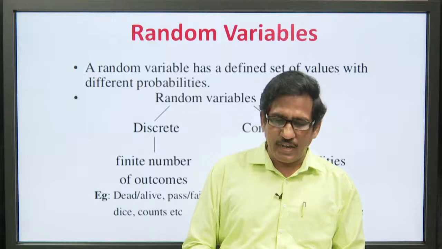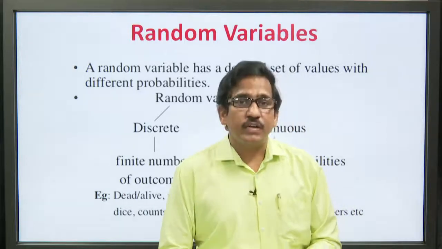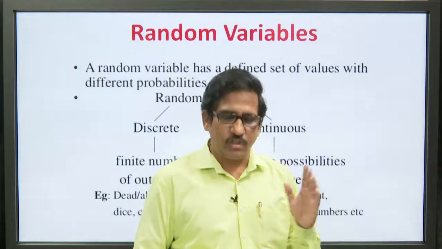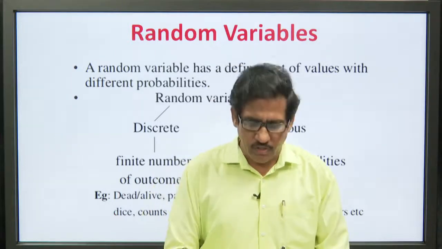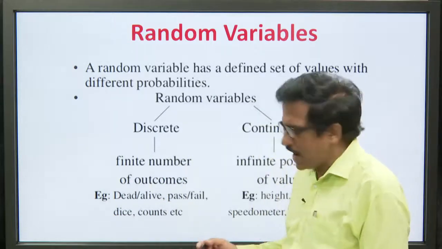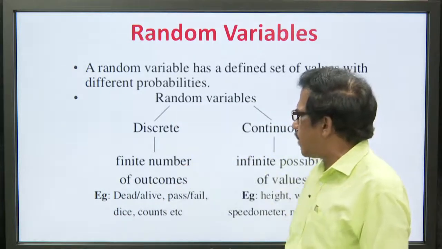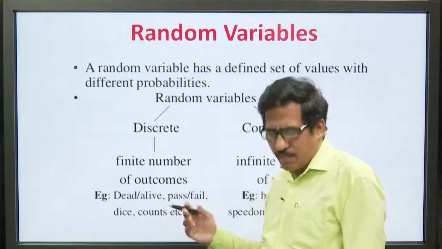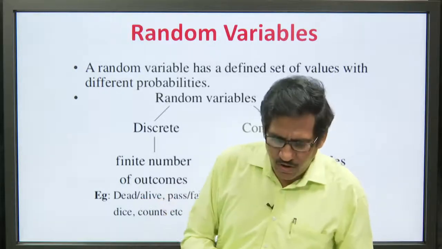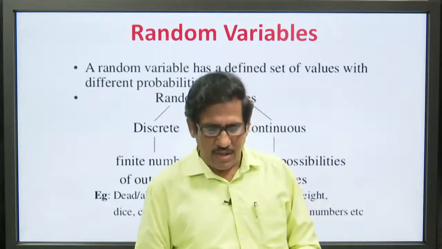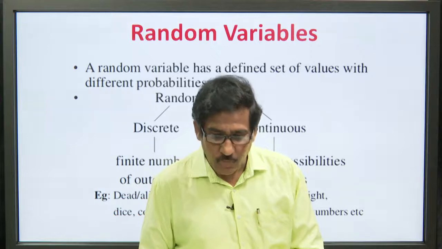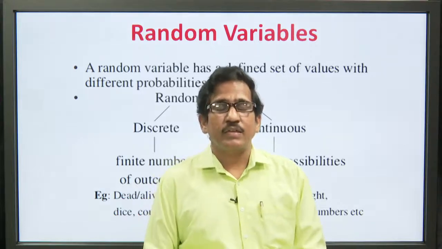A random variable has a defined set of values with different probabilities. Random variables are of two types: discrete random variables or continuous random variables. Discrete random variables have a finite number of outcomes, like dead or alive, pass or fail, dice, counts, etc. And continuous random variables have infinite possibilities of values, like selection of a